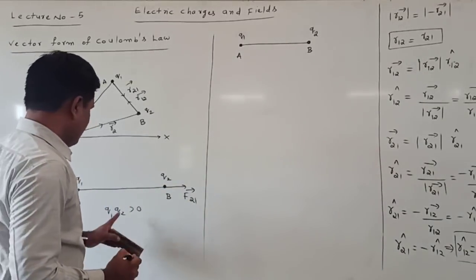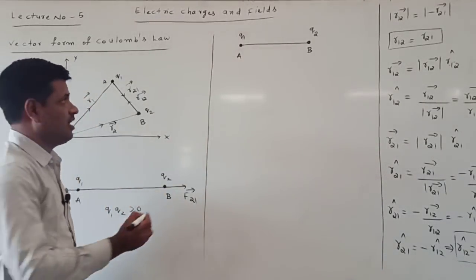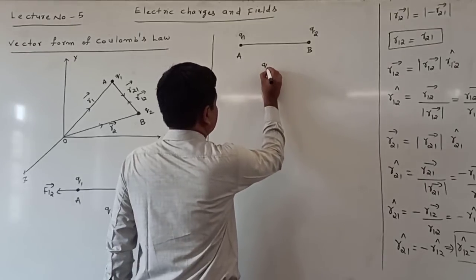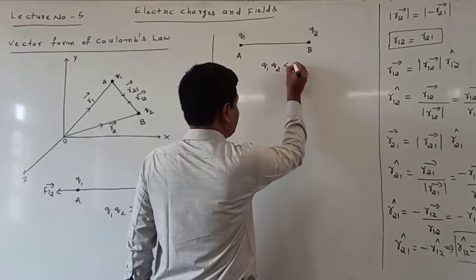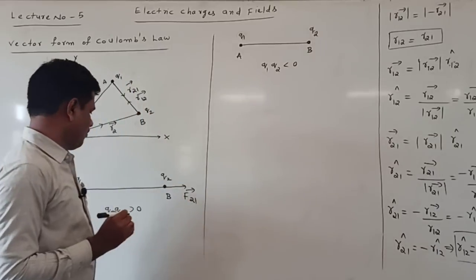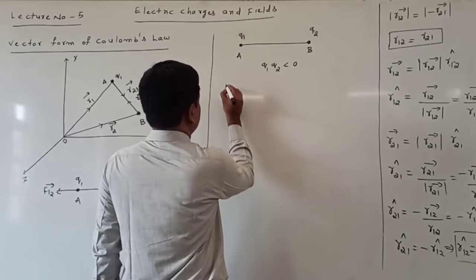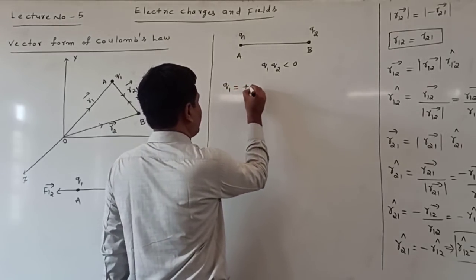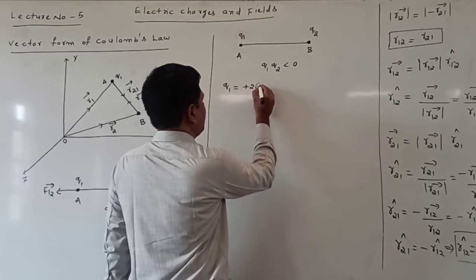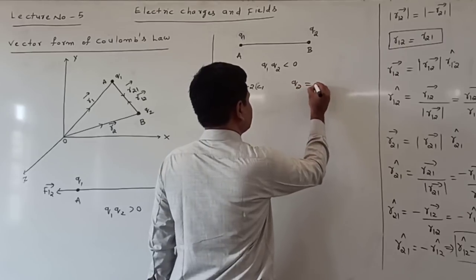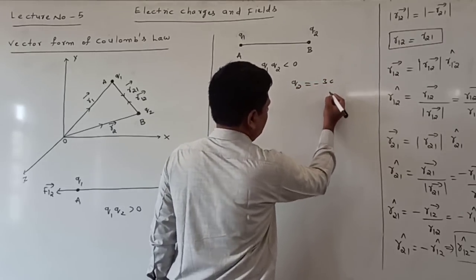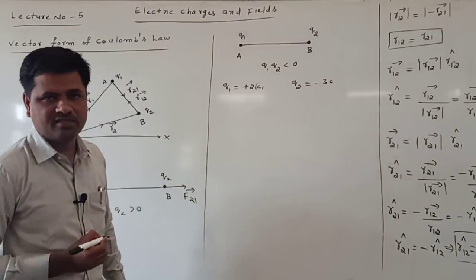Here, what kind of charges are these two? They are unlike charges. Unlike charges attract each other. So here Q1 Q2 is less than 0. Why less than 0? See there. Suppose unlike means Q1 is plus 2 coulomb, Q2 is minus 3 coulomb. Not micro here, minus 3 coulomb I consider.